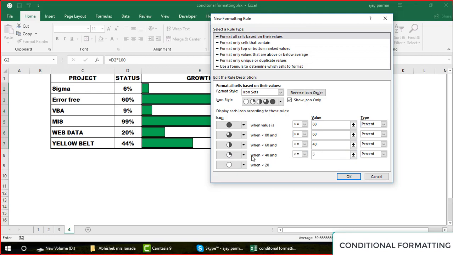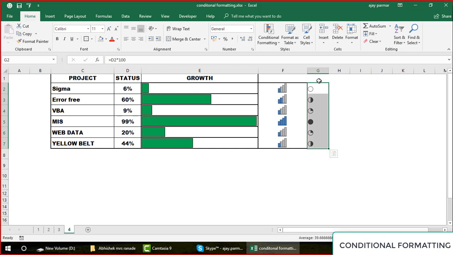Greater than or equal to 5 to 40, or maybe let's say I say 2. So when it is less than 2, it should be blank. This is what I'm trying to write here. That's how it is, right? Okay, now I click OK, and now can we have a look at how this data looks?